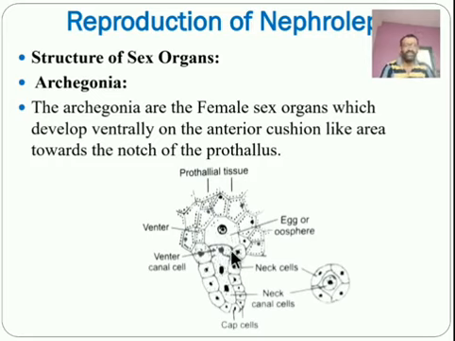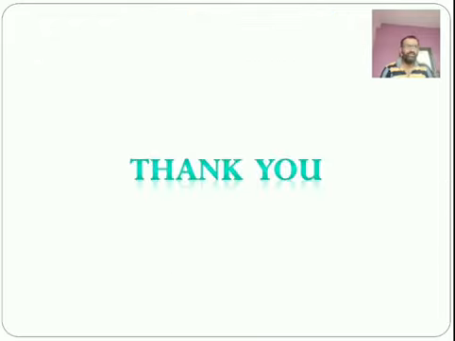The wall of the neck is single layered in thickness, with cells arranged in 4 longitudinal rows, closed at the tip. This cap cell, or tip, is also known as the lead cell, and it consists of a single elongated binucleated neck canal cell. This is the broader section of the neck canal cell. In this way, this is the structure of the archegonia. I hope you understand this. Thank you.